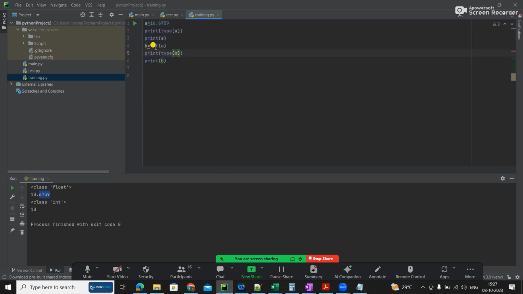I have just given int. It's very easy. In SQL I'll directly give cast as something, but here I am directly doing this.